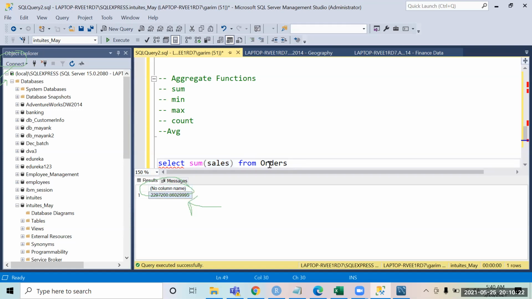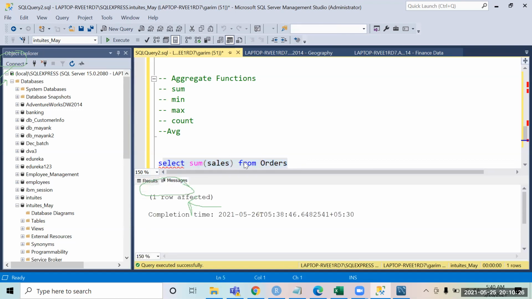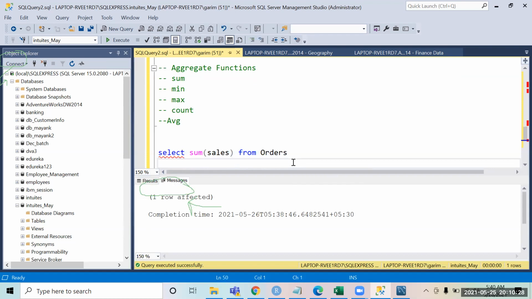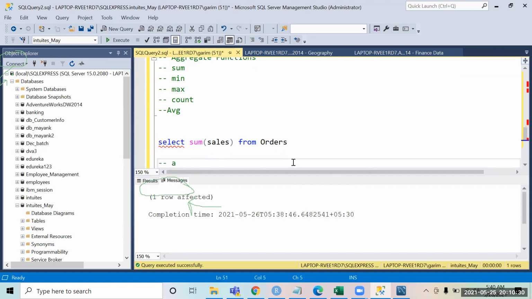In case you run some query and the column names are not coming, and you want to give them some dummy names, which we call in SQL alias names, we do that with the help of the as command. So if I say select sum of sales as total, I'm just giving a name to this so that I don't get no column name.